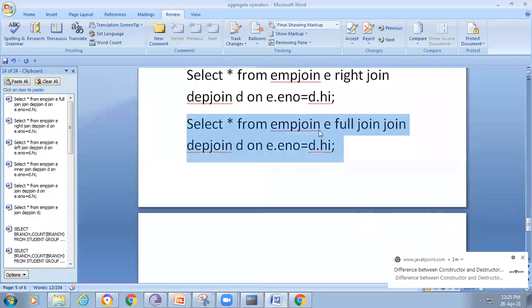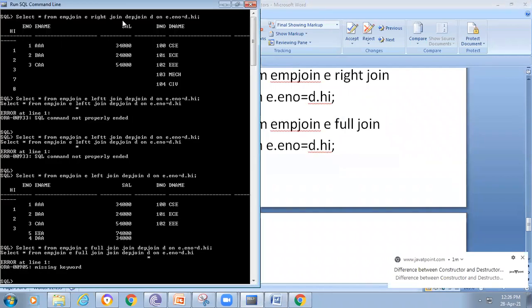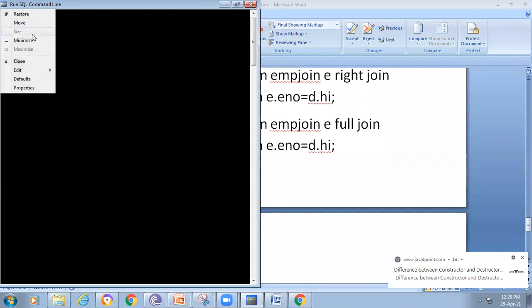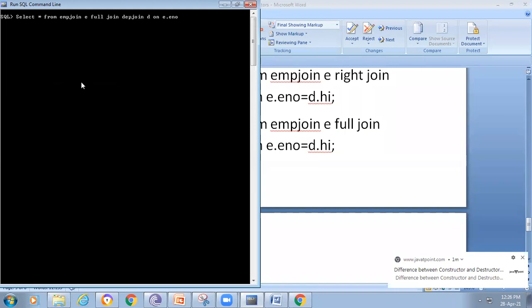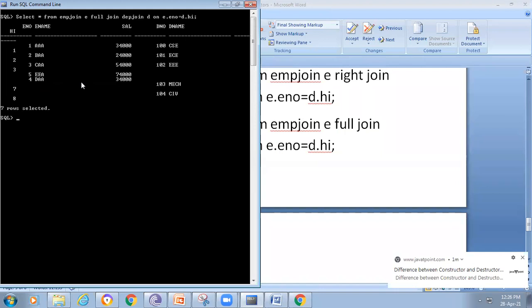Select star from emp join, full join. Sorry, here I am writing join two times, that's why the error is occurring. If you observe here, 1, 2, 3, 7, 8 and 1, 2, 3, 4, 5 are there, but only 1 to 3 are joined exactly, while 4 and 5 and 7 and 8 are joined separately. Why? Because these are not matched.